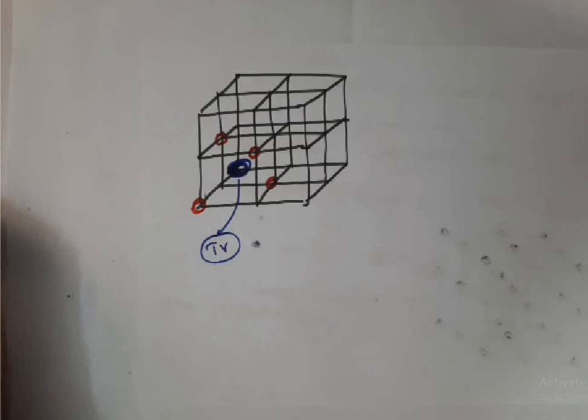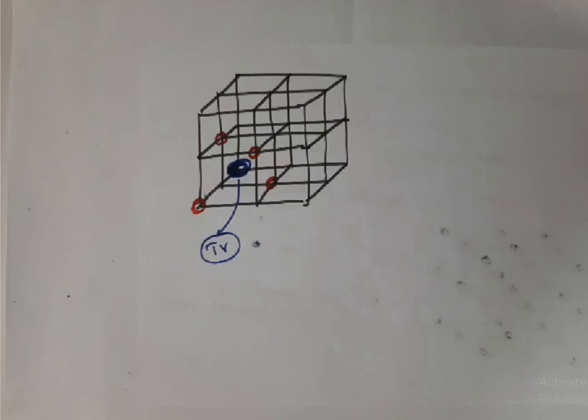So, just to make you understand what is octahedral void, what is tetrahedral void, and where they are actually present in the cubic crystal. Remember, a crystal consists of octahedral voids as well as tetrahedral voids. If a crystal is formed by n atoms,